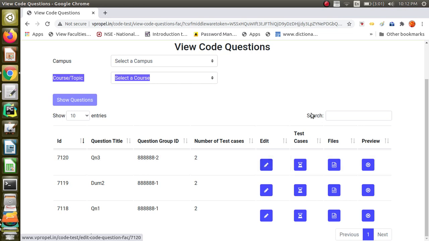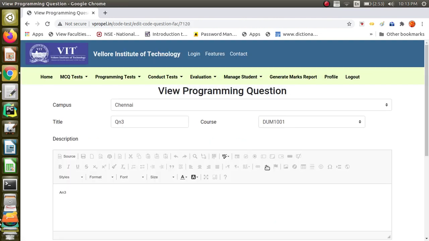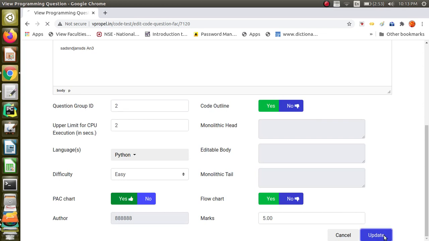Before that, if you want to edit the question, and one more thing is, even if students are writing the test, by that time if you feel that you have to add some more lines for clarity or something, then definitely you can do it. Immediately it will get reflected. The only thing is they have to refresh the question, that's all. You can go and add something here. For example, I can type something and update the question.